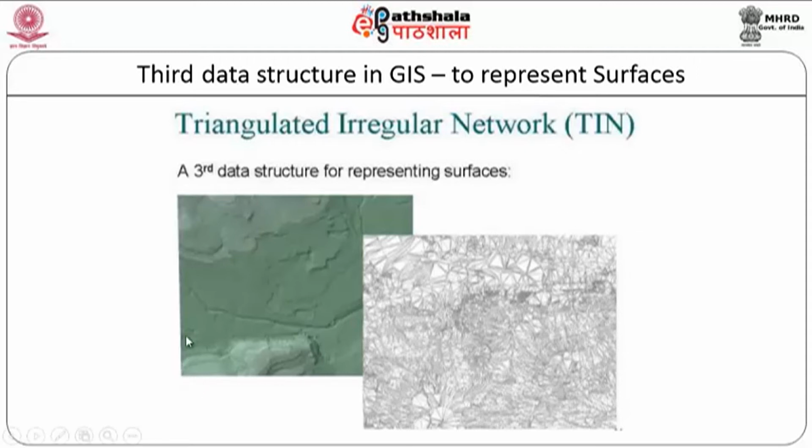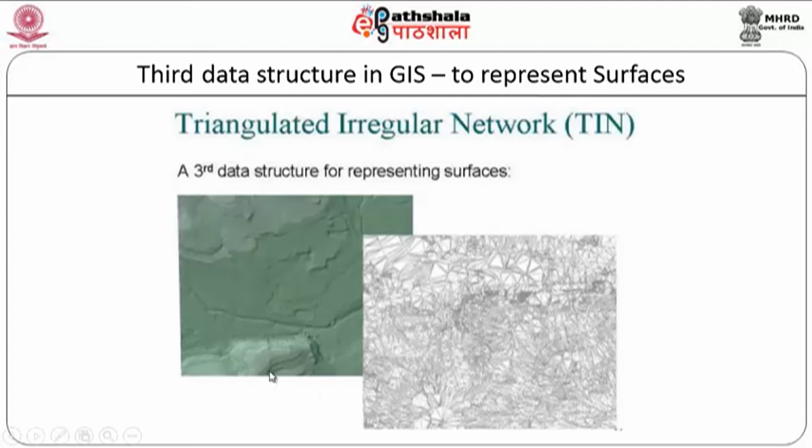So if you just look at the picture, this particular surface may have to be transferred onto a sheet of paper. You see here how it is done in the form of triangles. You can see hundreds and thousands of triangles are there, but none of them will be of similar size or shape. It could be similar sometimes, but most of them are of different sizes and shapes, and they are present at different locations. Of course, it all depends on various aspects that we will see. Depending upon the object, the shape, its size, it is divided.